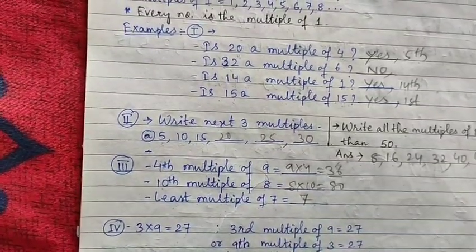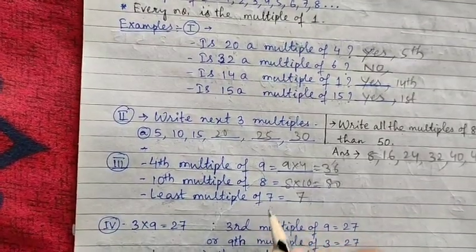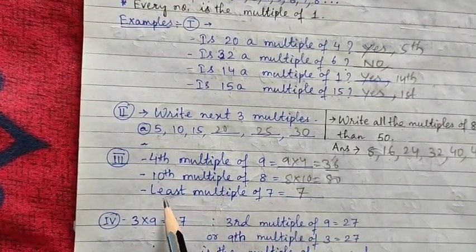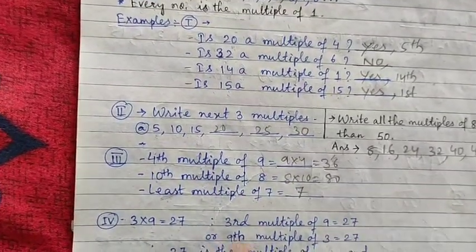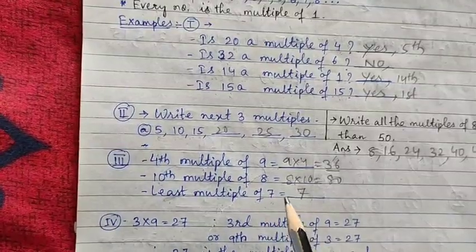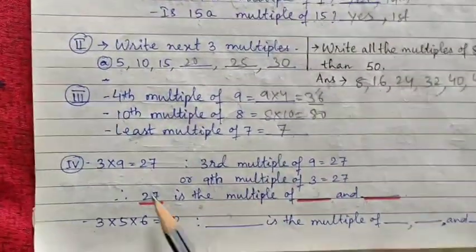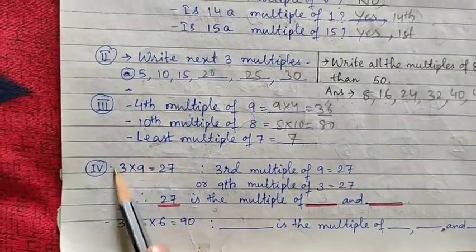वो तो बड़ा आ जा रहा है. सो हमें सबसे छोटा चाहिए. So the first multiple of a number is the least multiple. So similarly if I ask what is the least multiple of 10, it is 10. 10 1s are 10. Least multiple of a number is the number itself. वो नंबर खुद है.